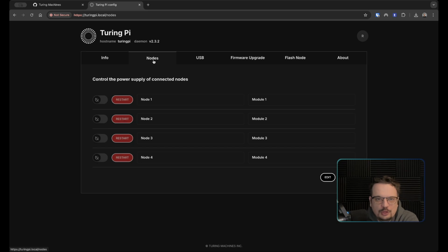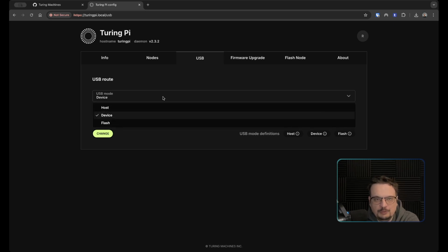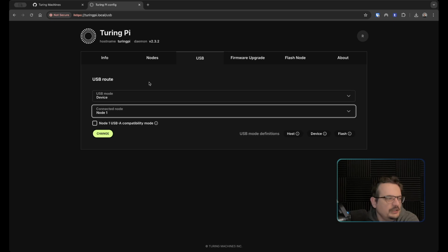Now, when it comes to nodes, we have 4 nodes. They're all 4 are off. And you even have the ability to edit this, which I'm going to show later. Now, when it comes to USB, there is an ability to put the USB in different modes. So you can actually flash over USB by setting the USB to flash and then connecting it to a certain node, and that way you can connect the